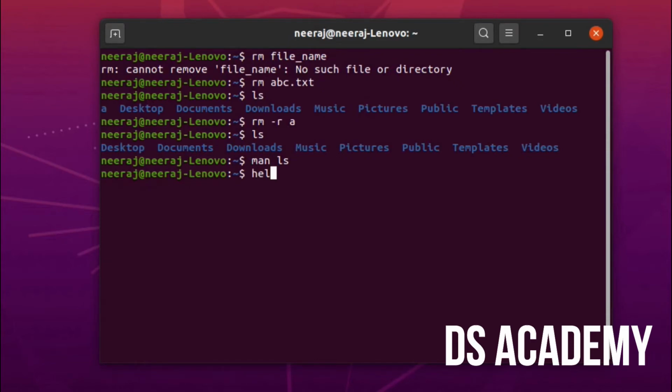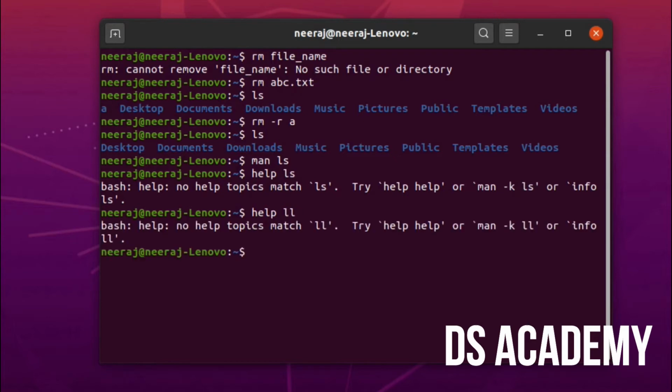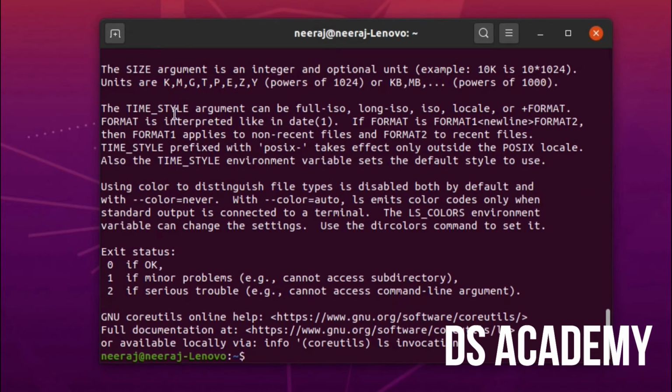Also, instead of man, I can use help. Sorry, the syntax is different, it is ls hyphen l.